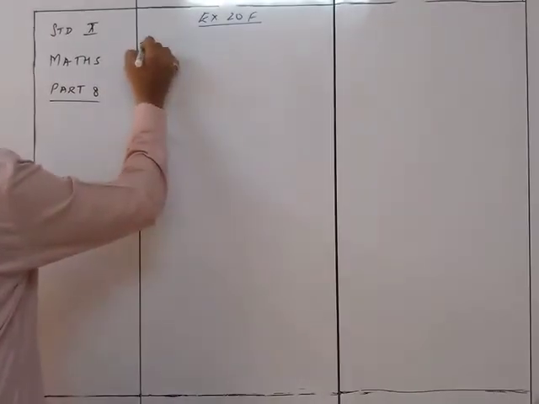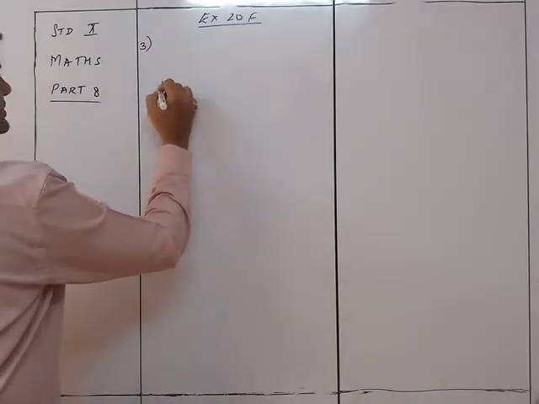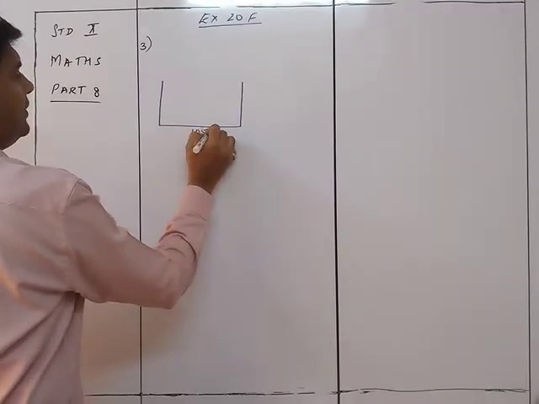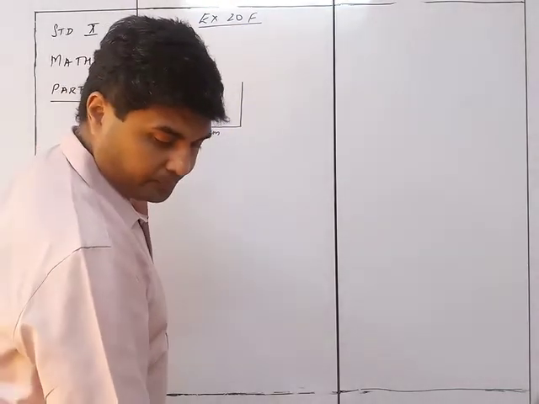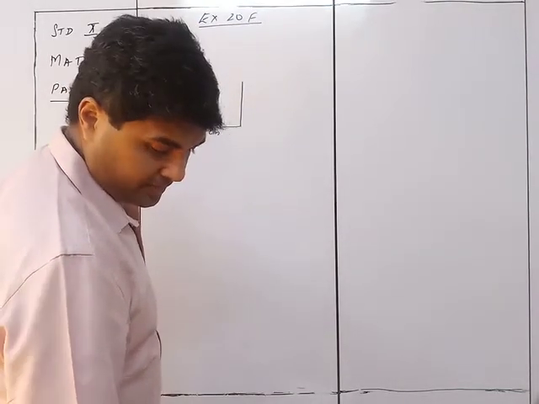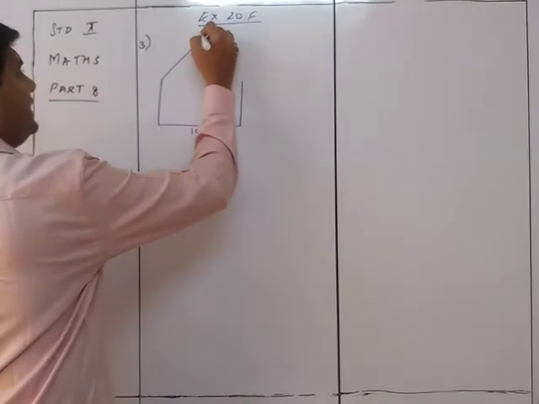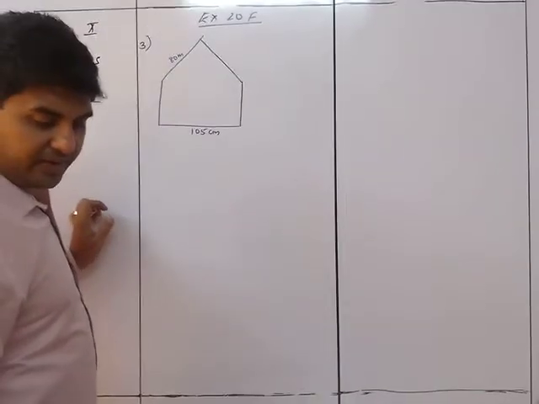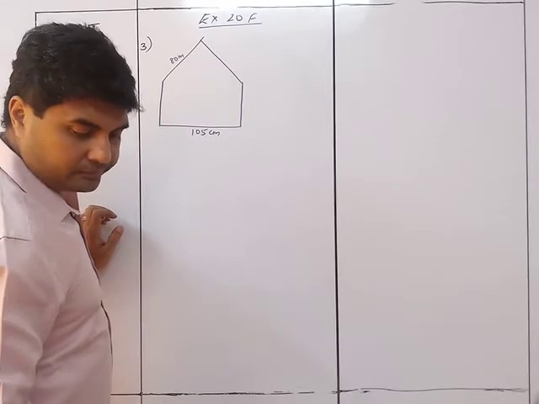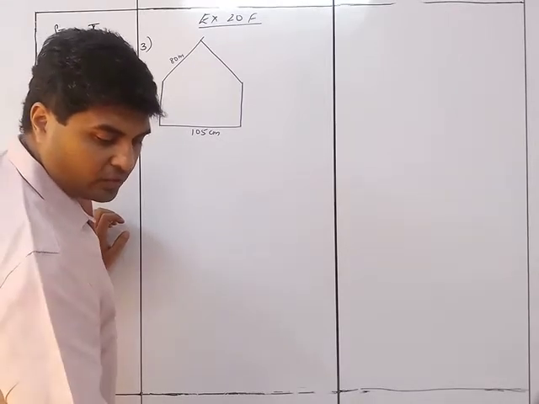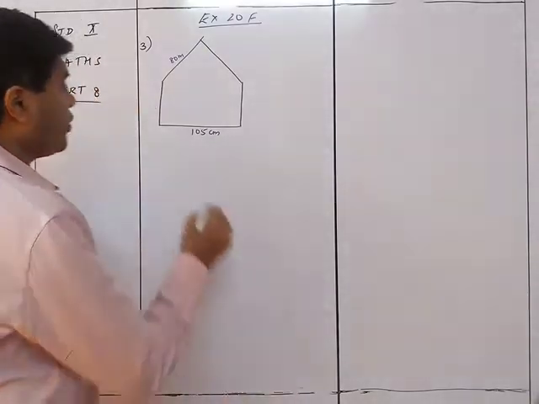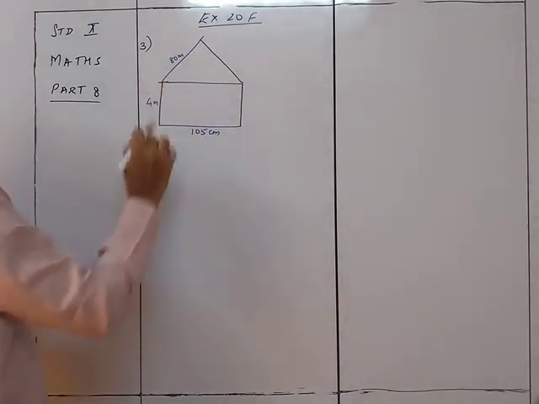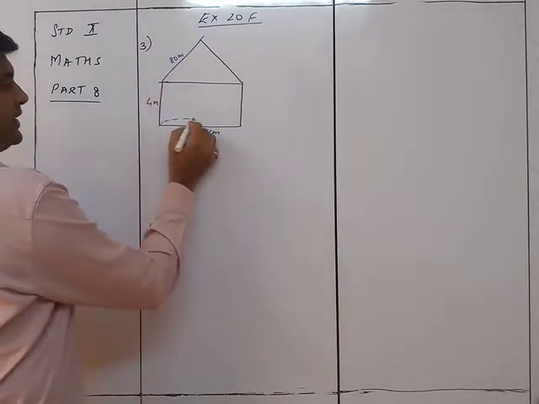So what do we have? We have a circus tent. The circus tent is like this, that there is a cylindrical part at the bottom which is having the base as 105 as the diameter. Diameter or radius? Diameter. Okay. Slant height. So this is the conical part which is your slant height, 80 meters. And the height of the cylindrical part is 4 meters. So this height over here, from here to here, is 4 meters. This much part is 4 meters. It's cylindrical. Okay, this is the cylindrical part.